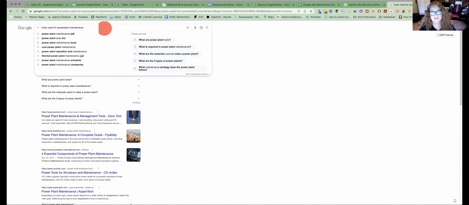The keyword planner is not the best thing all the time. Honestly, you're going to go between the keyword planner, and I would use the free version of SEMrush if you can. And people also ask. I would also go to the search engine results pages, which is probably where you're going to find your sweet spot. Unless you're creating a power plant PDF,